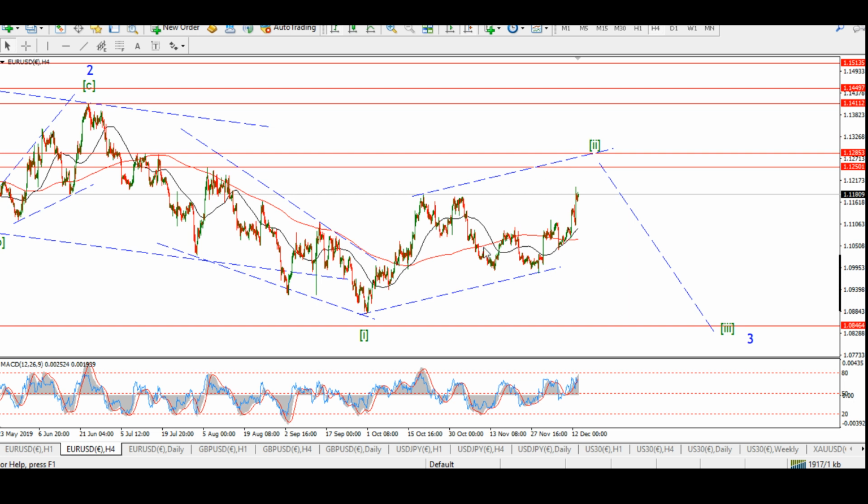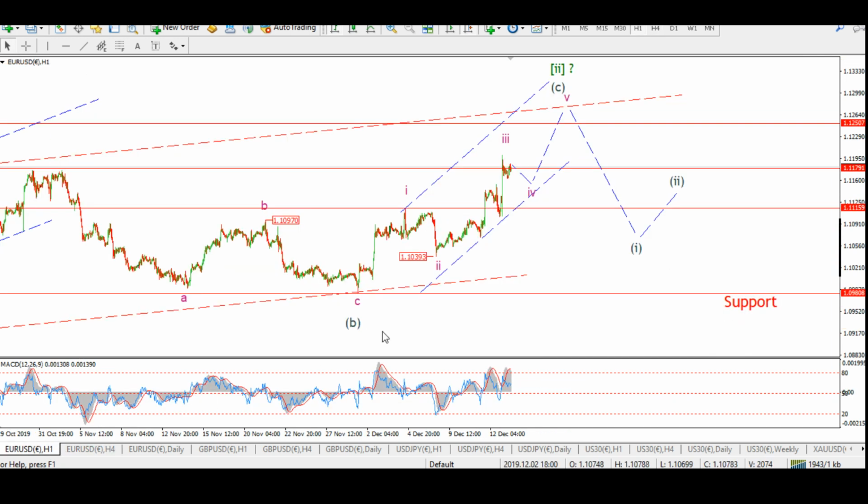And wave C here, that's an A, B, C pattern. And wave C here seems to be extending in a five-wave pattern itself. So let's get into this wave C here to break it out and see what's going on. Okay, so yeah, here's wave C. There's that larger A, B, C pattern,